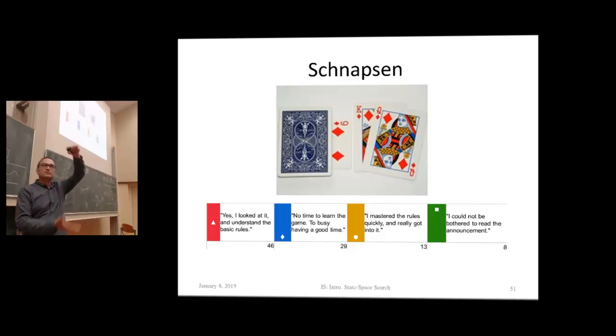We have a relatively restricted game because we only have 10 cards that can be played. So the maximum depth of our game is 10. But we have a search space that is so wide, the branching factor with this uncertainty that we have. And that's why Schnapsen is an interesting example for applying an AI and an intelligent system.